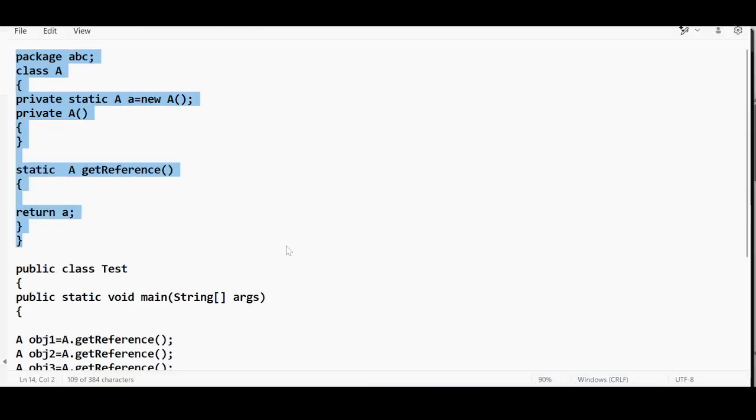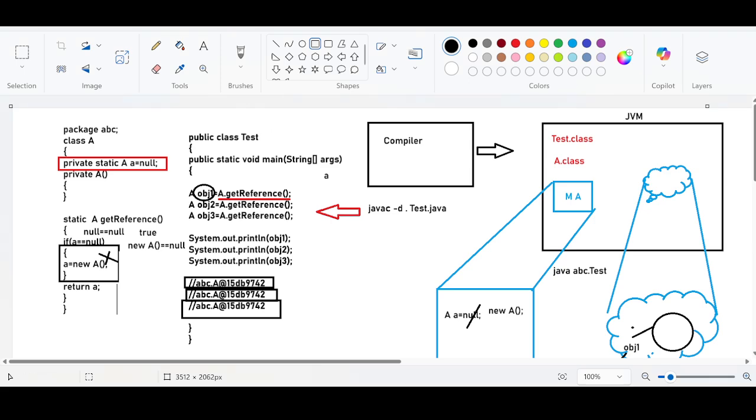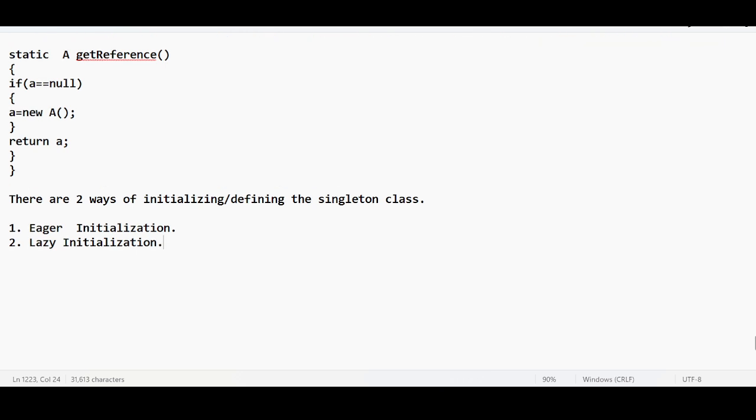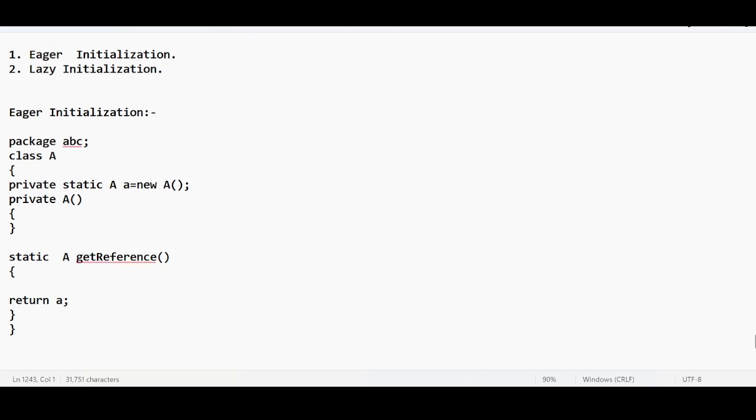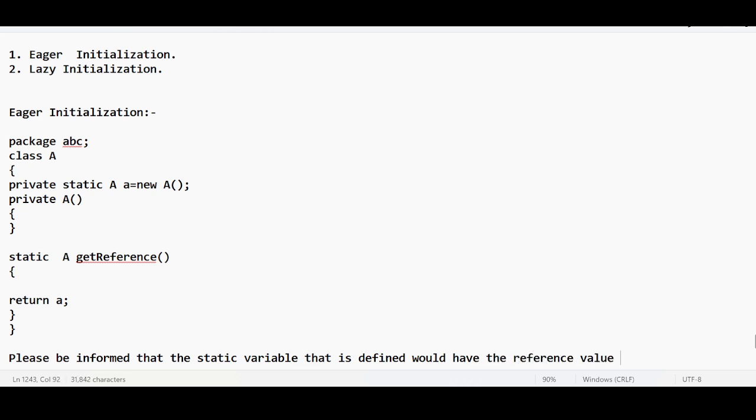Okay, I can copy this code, I can give it. So this is the class that is talking about which initialization? The eager initialization. Okay, what is the theory I can give? Please be informed that a static variable that is defined would have the reference value object